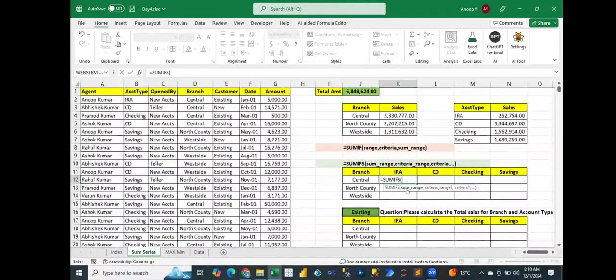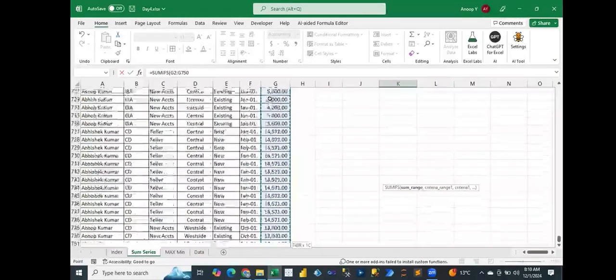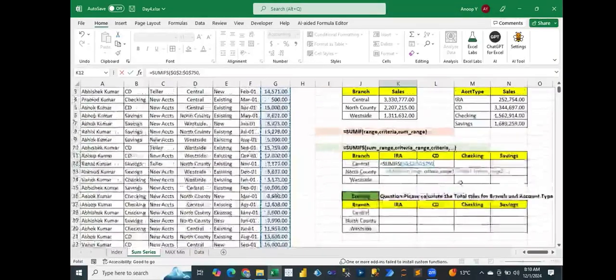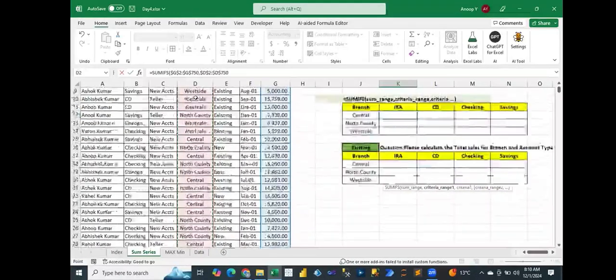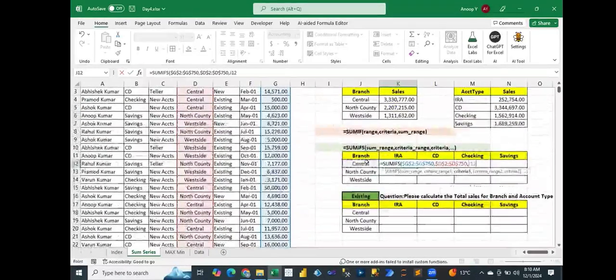Now it says the sum range. Sum range is what? For which column you want to do the sum? I want to do the sum for column G, this one, comma. Now it says criteria range 1, comma, criteria 1. If I'm considering my first criteria, this Central branch, where does this branch exist in your source data set? Column D. So this will be my criteria range 1, comma, criteria 1,